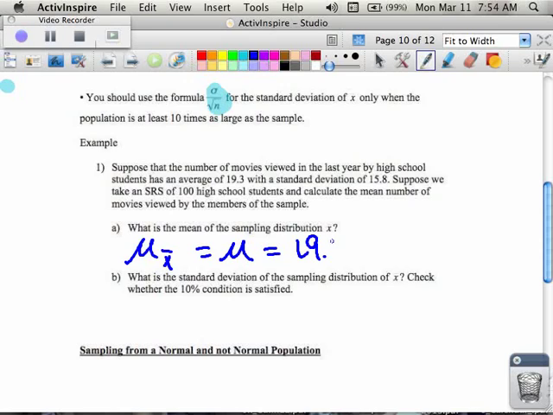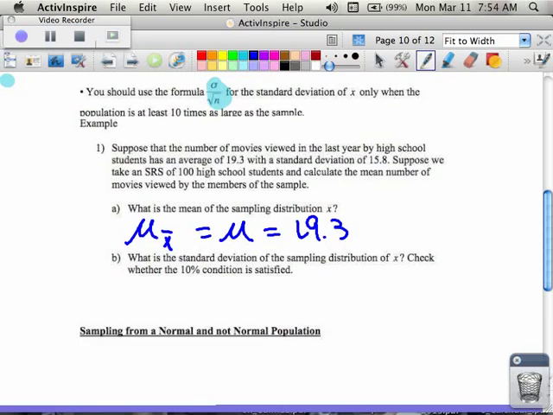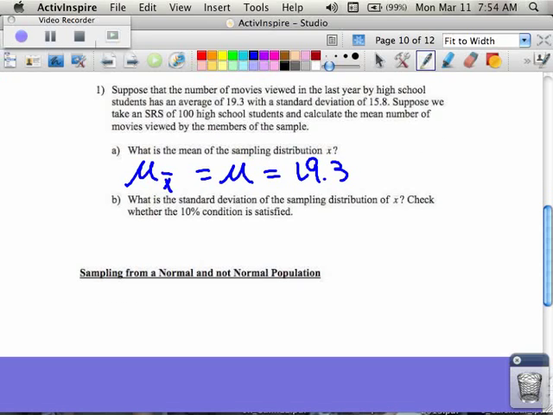And that's because if we look at the number of students in the high school, let's just use our high school as an example, we have roughly 2,000 students, and the population would be at least 10 times the size of our sample. And then the standard deviation, if we're looking for that,